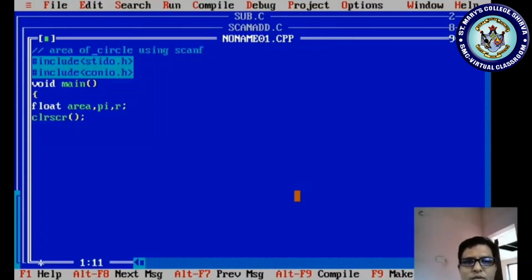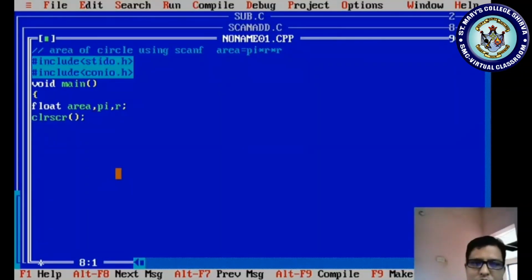What is the formula of area of circle? As you know, area is equal to pi into r into r. Now in this equation, which value do I have to read from the keyboard?